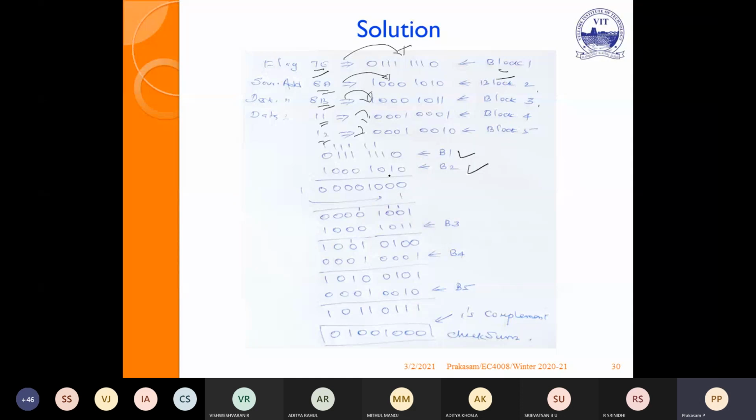So I am adding B1, B2. I am getting a carry. I am adding the carry at the end. Then I am adding B3 with the sum. I am getting an answer. I am adding B4 with the sum. I am getting an answer. I am adding B5 with the sum. I am getting an answer. I am taking the ones complement. That is nothing but the checksum for the given sequence.